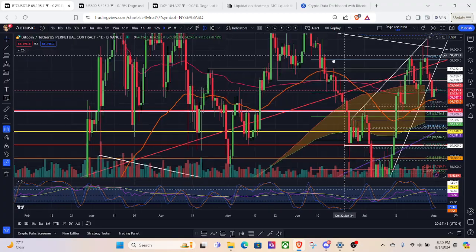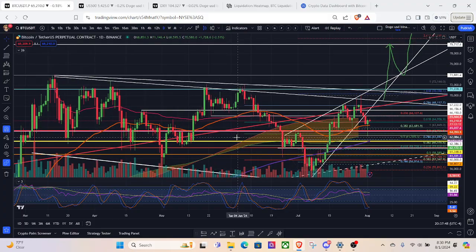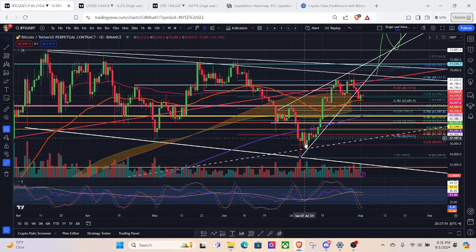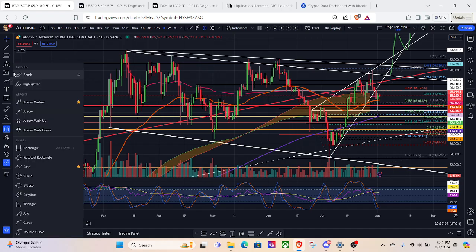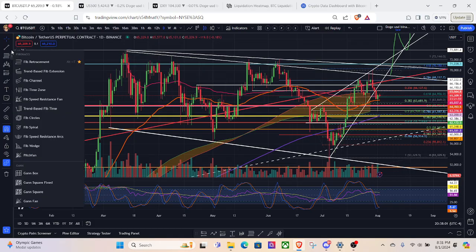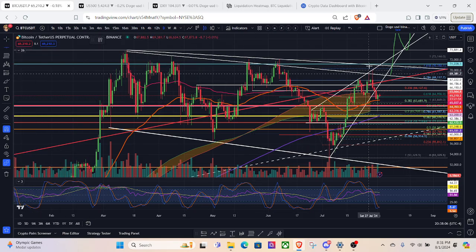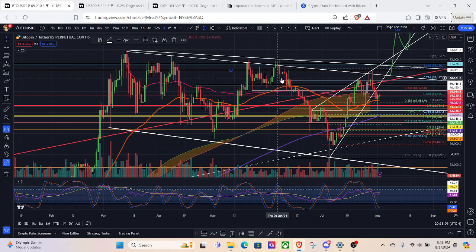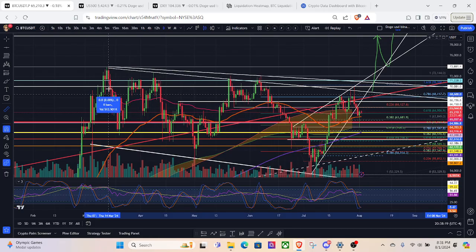And the other thing that is sort of coincidental about it is the fact that it did form a rising wedge into a resistance area, so a horizontal resistance. If you follow any other TA channels, I'm sure you might have seen people pointing this out as sort of a resistance zone. So obviously we've struggled to get back above this level here, which ever since the all-time high, it has now been